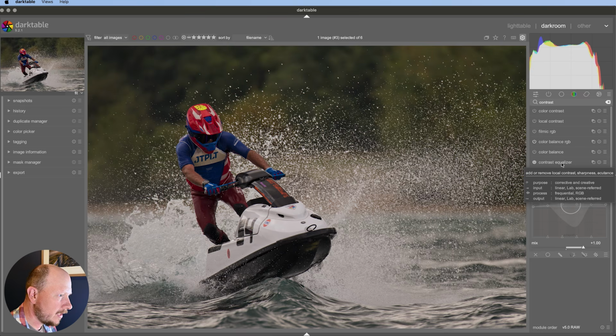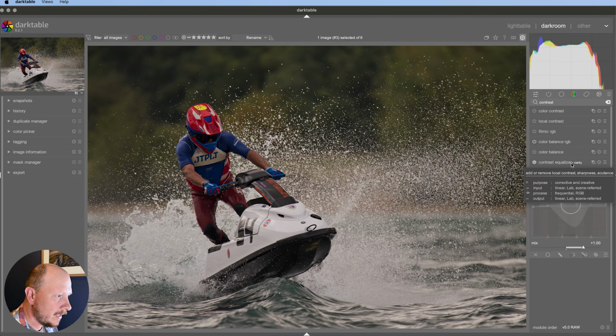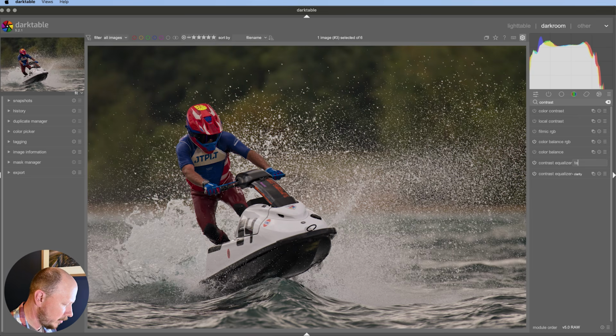So this one here is going to be the equivalent of clarity in Lightroom. So if I press Control on my keyboard and click that module header there, I can type something in there, put clarity, and then just over here to the right of where I've just named that, we've got a little icon, and I can click that and create a new instance. So we've got another contrast equalizer now, and again I can control click that, and if I put texture in here,